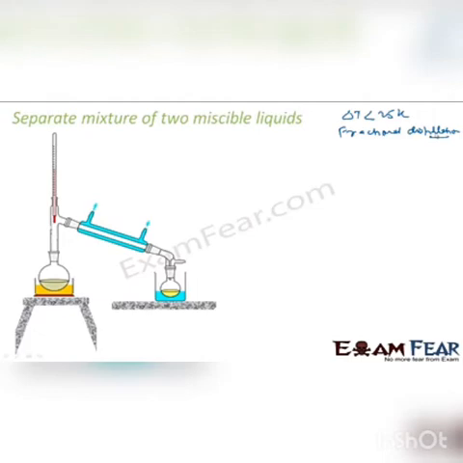The apparatus of fractional distillation is almost the same as this, except that it has one fractionating column. I'll show you. This is the extra fractionating column, the blue one. You see this is not there and this is here now. That is the difference. This is the extra thing that is added, and it is fitted between the distillation flask and the condenser. So this is the condenser, because this condenses, and this is the distillation flask.